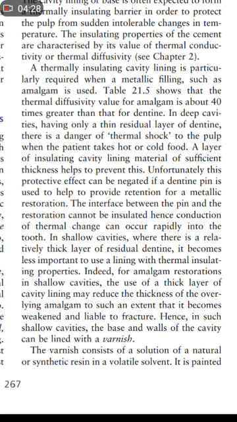Indeed, for amalgam restorations in shallow cavities, the use of a thick layer of cavity lining may reduce the thickness of the overlying amalgam to such an extent that it becomes weakened and liable to fracture. Hence, in such shallow cavities, the base and the wall of the cavity can be lined with a varnish